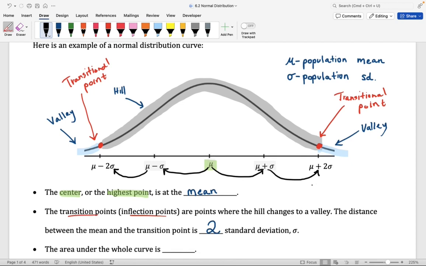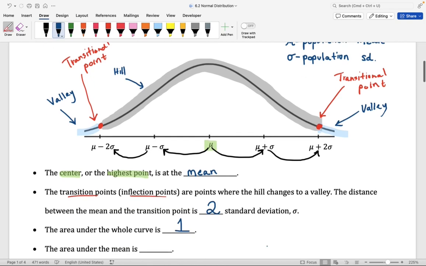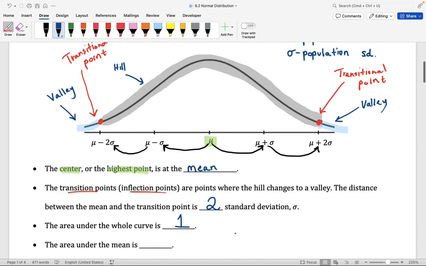Another feature of the curve that I want to highlight is that the area under the whole curve is equal to 1. And you can go ahead and give yourselves a drawing here. Go ahead and draw a standard normal distribution. What we're saying here is that if you were to find the area under the whole curve, this area is going to be 1. That is what we saw with the uniform distribution, right? If we're talking about a uniform distribution, the area under the curve is also equal to 1. So that is going to be the case with any distribution that we have.